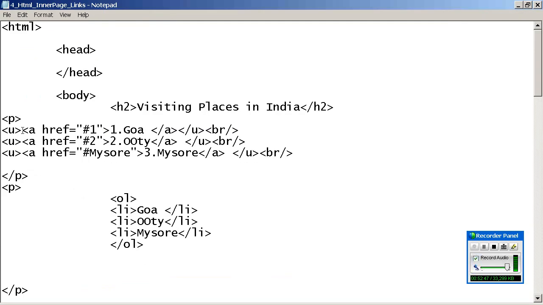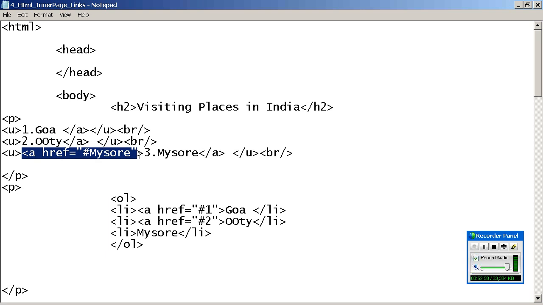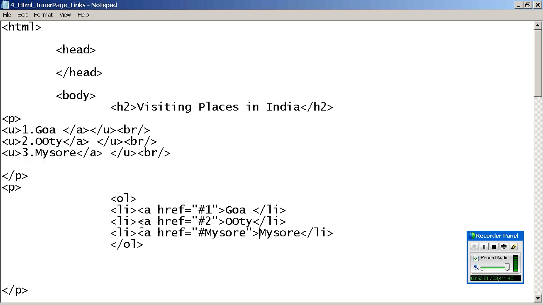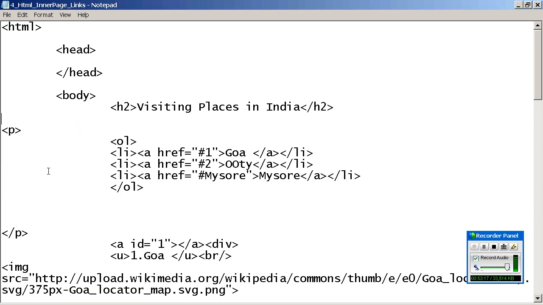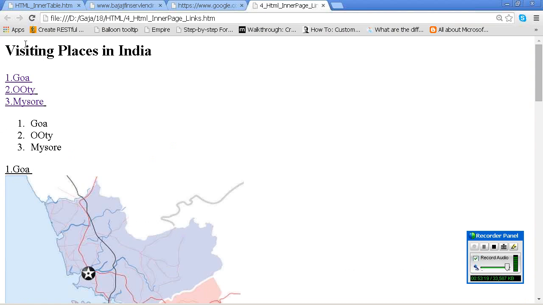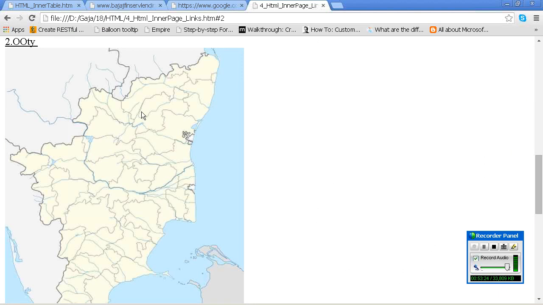Just cut this down. Now what I have done, I just made it like this. Now this will work. Okay, don't worry about the sequence.